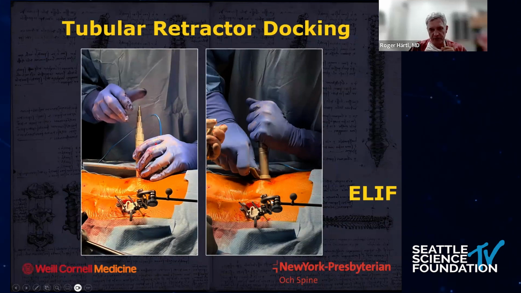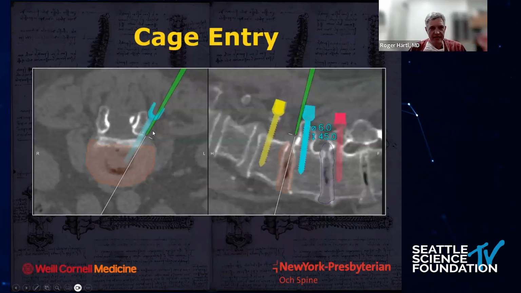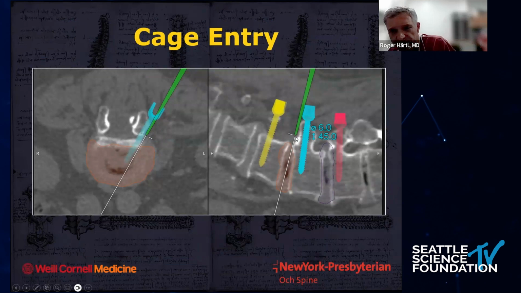This is the reference array for the navigation. And then on the contralateral side, I already drilled the holes for the screws, but then because I go more lateral, I put the tubular retractor where usually the screws would be. And this is with navigation. This is the trajectory that you see then through the tubular retractor. This is the entry point for your discectomy. So you're lateral to the facet joint, and these screw holes here, I've already drilled them and I've marked them here in different colors so I can find them afterwards very easily once I take the tube out.